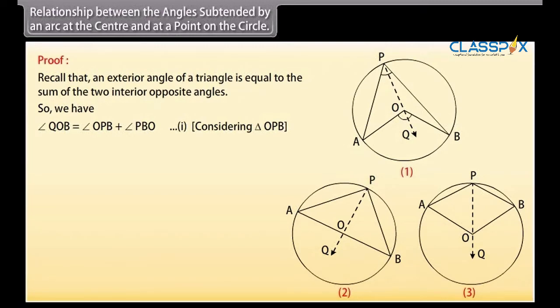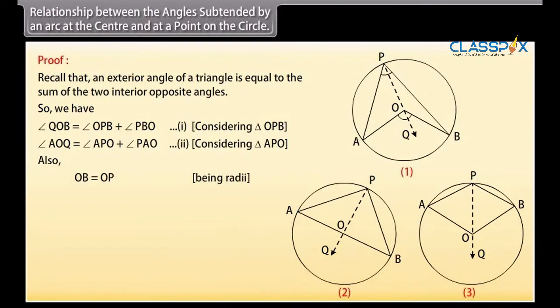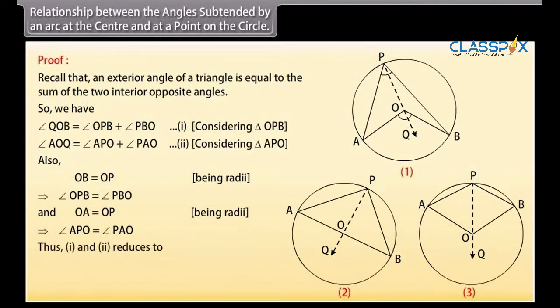1. Considering triangle OPB, angle AOQ is equal to angle APO plus angle PAO. 2. Considering triangle APO, also OB is equal to OP, being radii. Angle OPB is equal to angle PBO, and OA is equal to OP, being radii. Similarly, angle APO is equal to angle PAO. Thus 1 and 2 reduce to angle QOB as 2 into angle